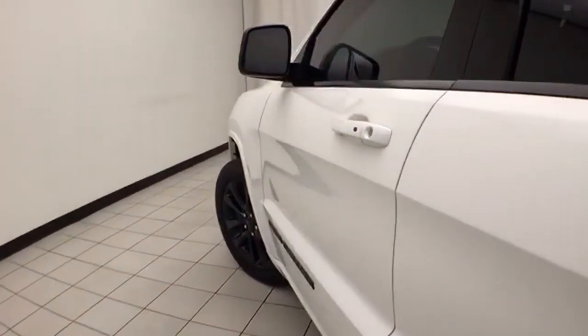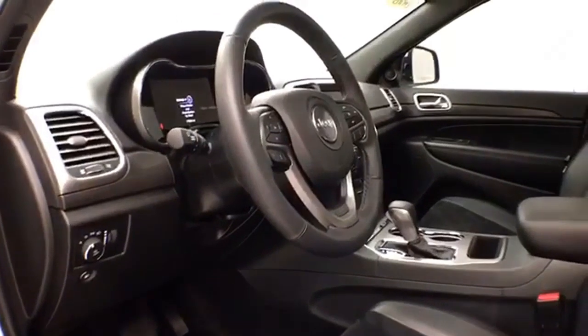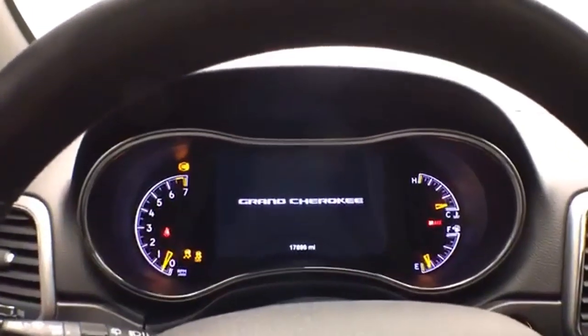This Altitude has keyless entry with remote start, power windows, locks, mirrors, power driver's seat, along with a tilt and telescopic steering wheel to put you in that perfect driving position, power moonroof, push button start, large, easy to read gauges